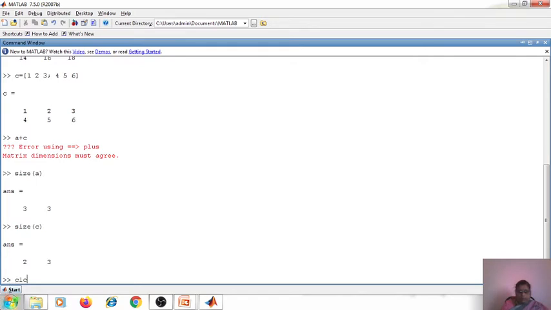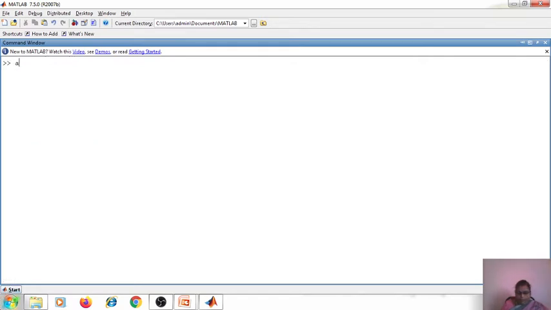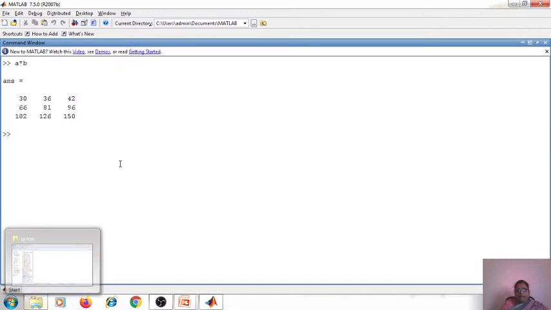Now we will see the multiplication. Now A into B. So the multiplication is possible because the size of the matrix is the same.